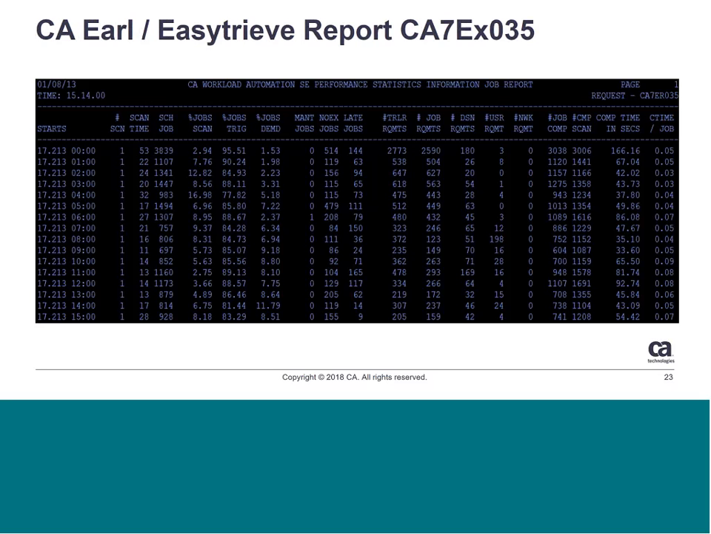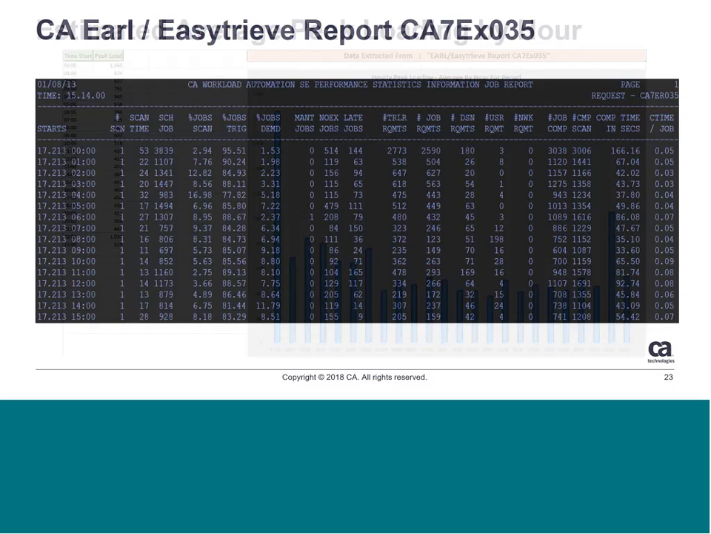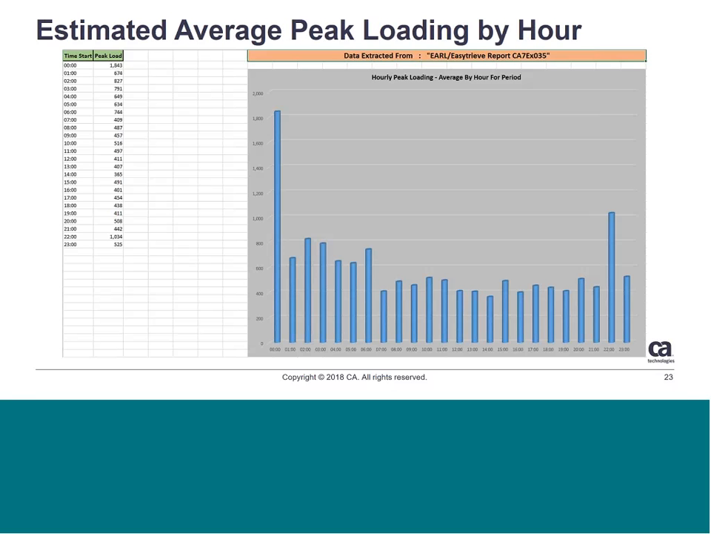Again, here's the report in report format. Not easy to understand, difficult to look at, not easy to give you a good clue. Whereas if we take that data and process it, we'll get estimated average peak loading per hour. And as you can see from the example here, midnight is the peak load period, midnight till 1 o'clock,